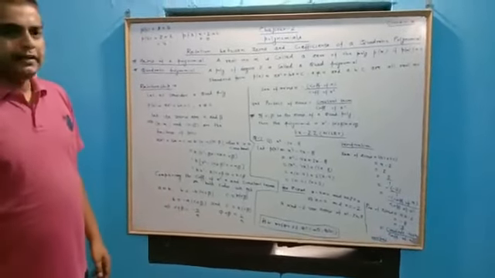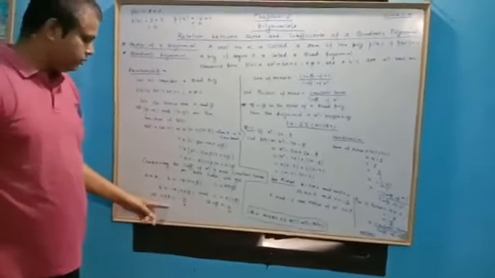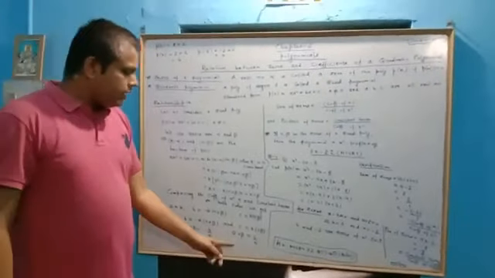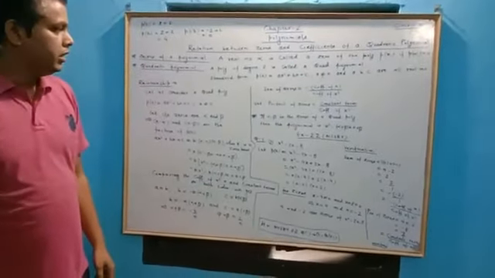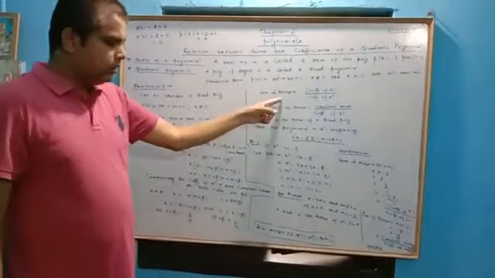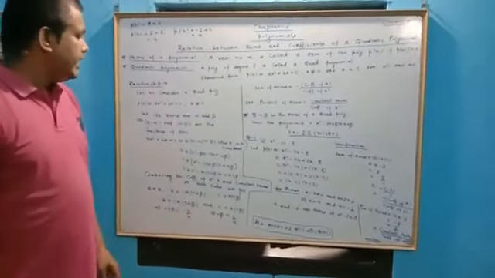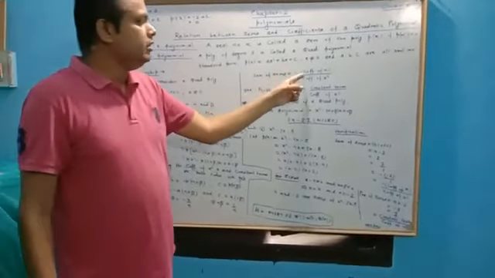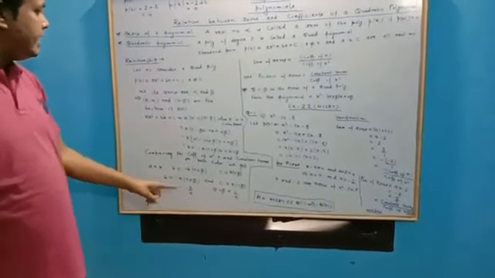So we see that the sum of zeros is equal to minus b by a, and the product of zeros is equal to c by a. In other words, we can write the sum of zeros is minus b by a. What is b here? We see that b is the coefficient of x. So we can write minus coefficient of x divided by, what is a here?